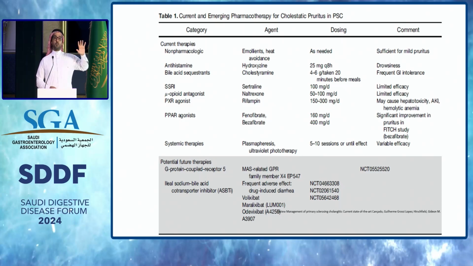Most of the evidence supporting the use of these medications comes from clinical trials with small sample size, with a high chance of bias, and almost all of them were of short duration. But I guess the new kid on the block is the IBAT inhibitors. So I think the IBAT inhibitors and the fibrates like bezafibrate will represent the cornerstone